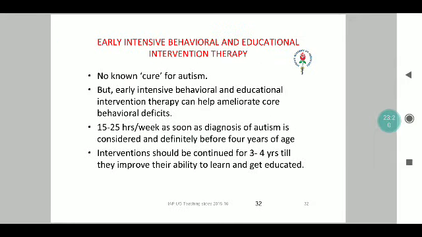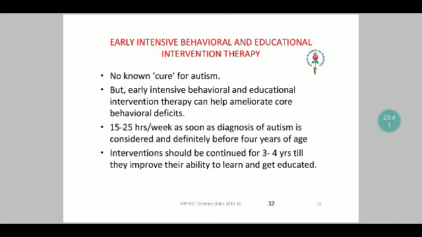We always do advise for early intensive behavioral modification because there is no definitive cure for autism. It only has supportive therapy because of early intensive behavioral modification and requires 15 to 25 hours per week of playtime with the child. Now, playtime with the child is coming down these days because of a large amount of working parents and because of an increased addiction towards cell phone screens as well as computers. When I say 15 to 25 hours per week, it must be a face-to-face physical interaction and cannot be replicated